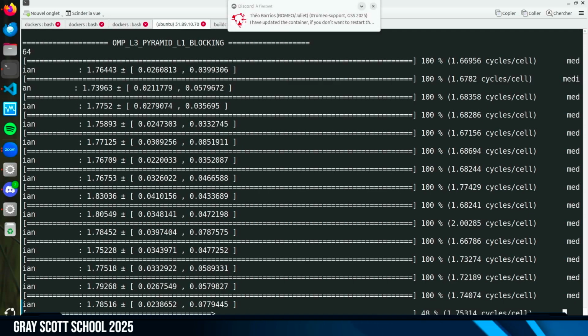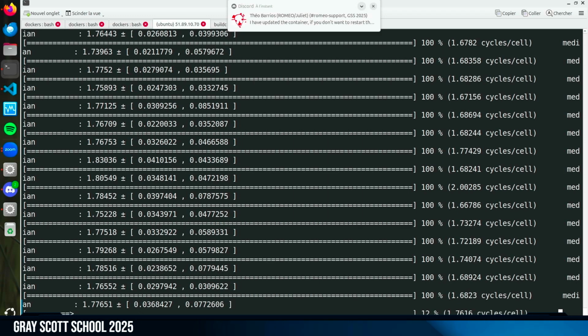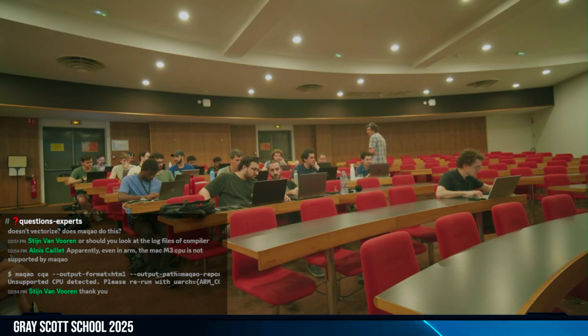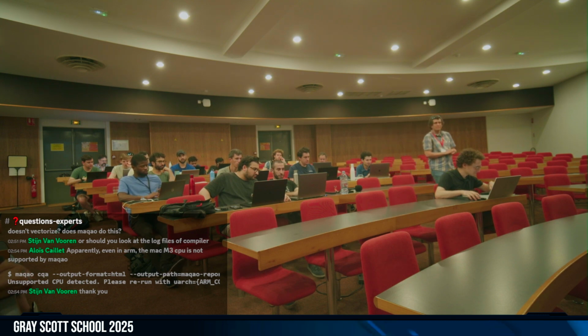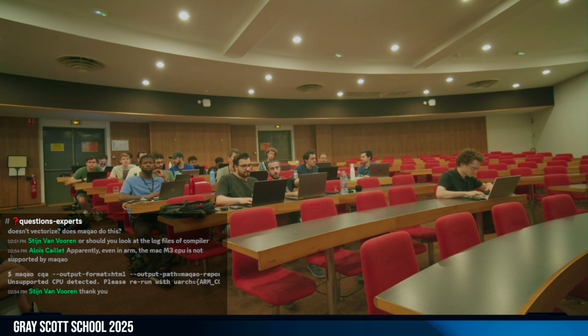So here now L1, L3 pyramid, which is running. Some people succeed to get some measurement here. We will see some other stuff about the caching on Friday to better understand what is happening inside those strange things which are caches.